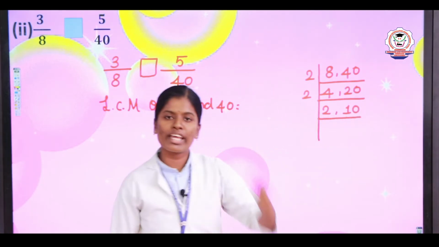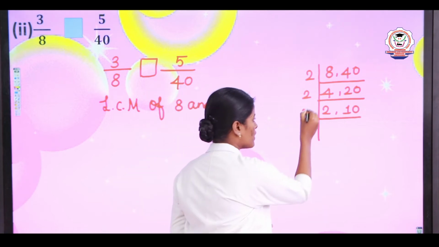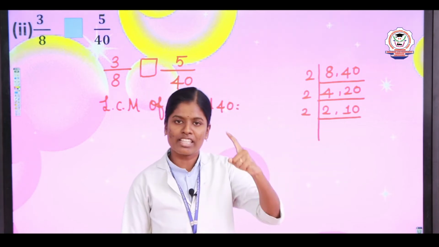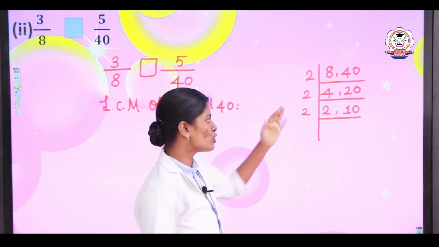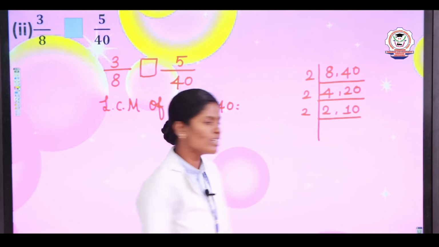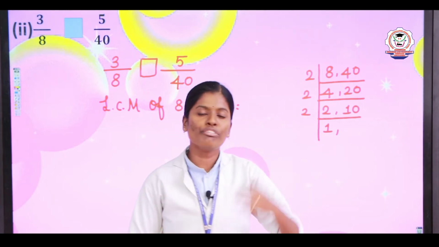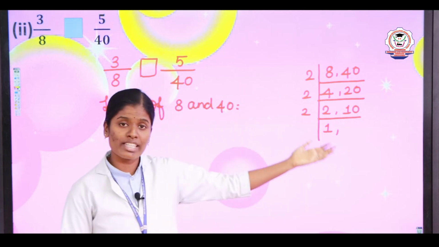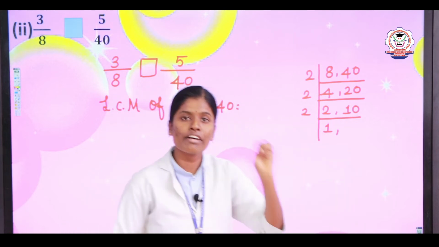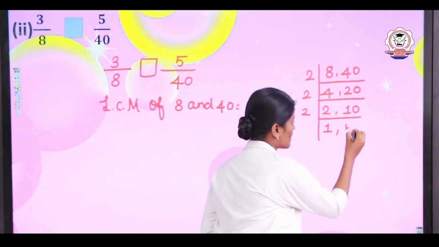Next again you are going to take 2. 2 table of 2? Yes, 2 1s are 2. So 2 is there, 2 is there. Our answer is 1. And 2 table of 10? Yes, 2 5s are 10. Already 2 is there, 10 is there. So here our answer is 5. So write the answer 5.